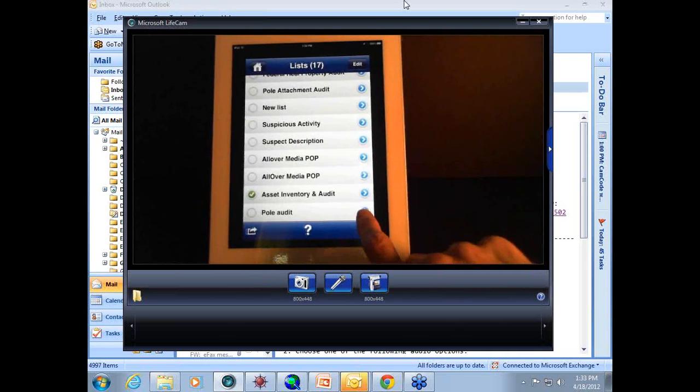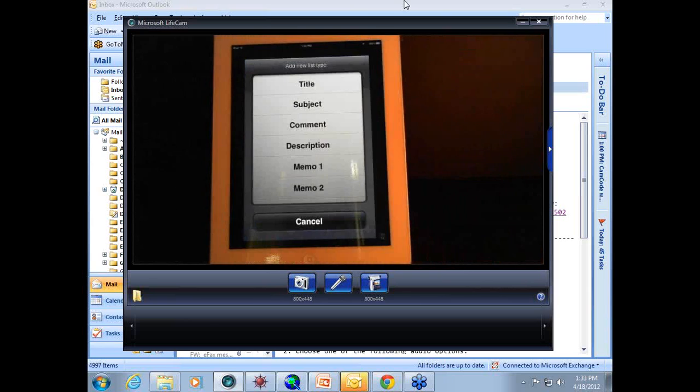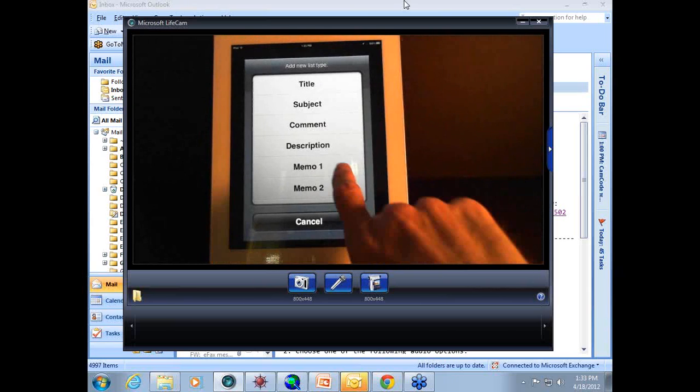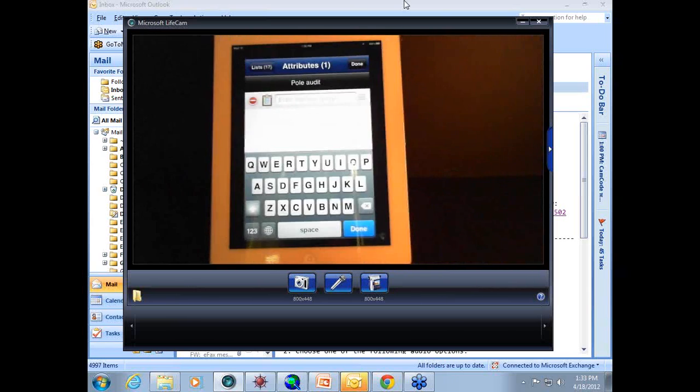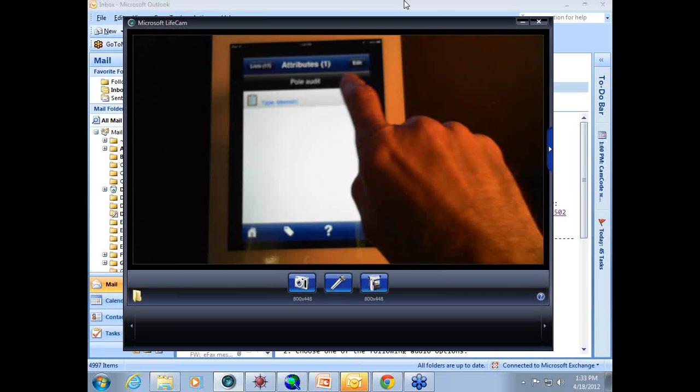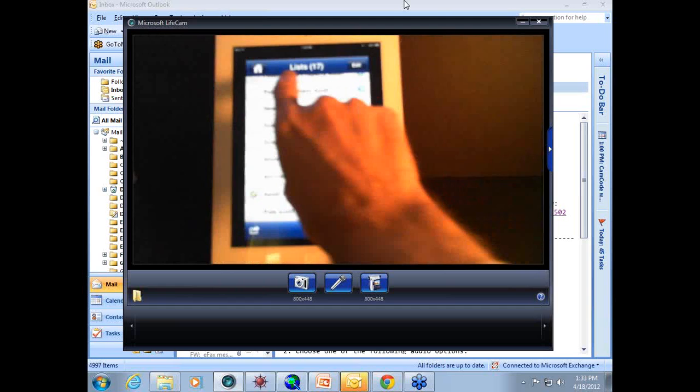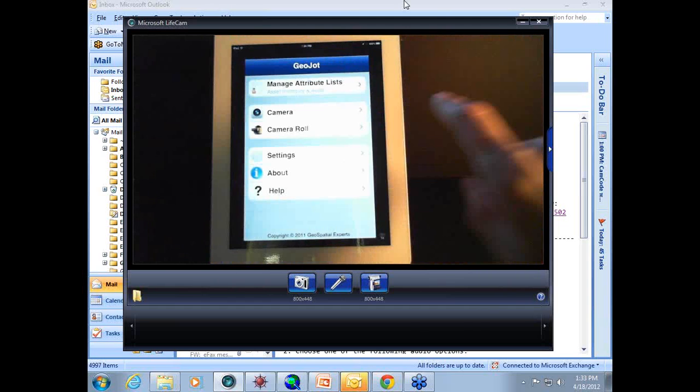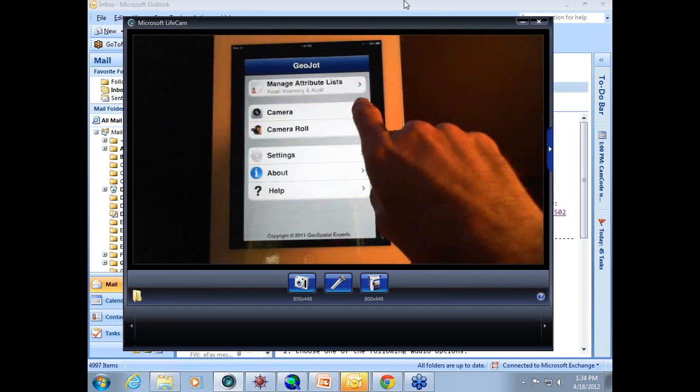I can choose that, and now I can start adding attribute values to that list. So this is all very flexible and fits any kind of project very easily. What I'm going to do now, though, is let's go back and actually go to the camera,